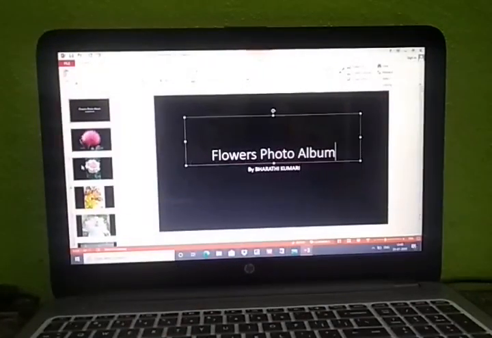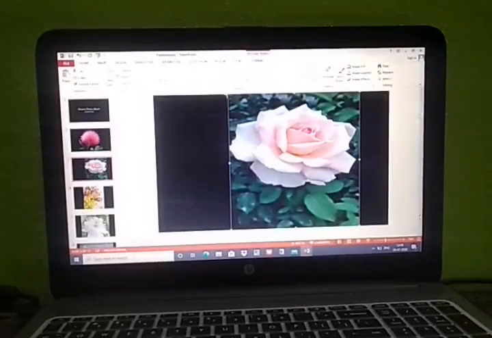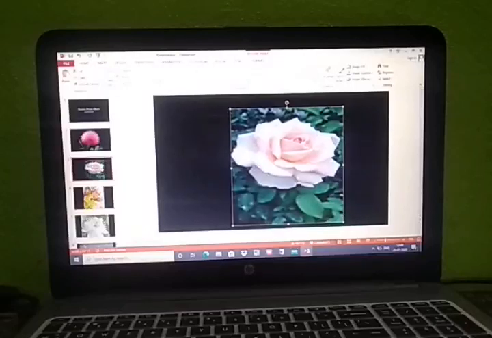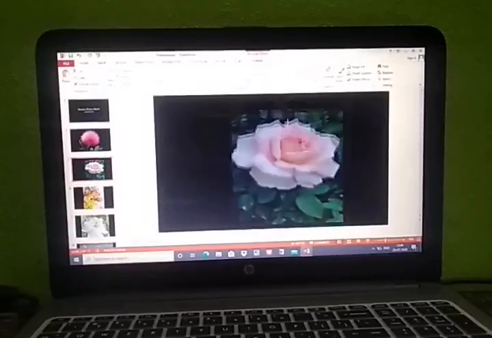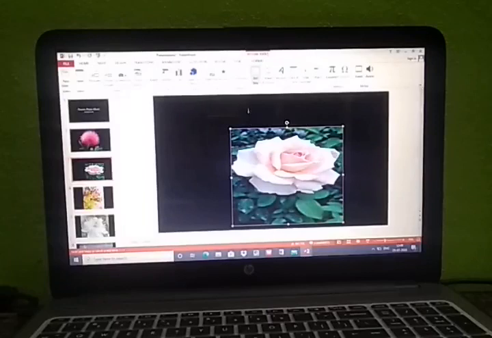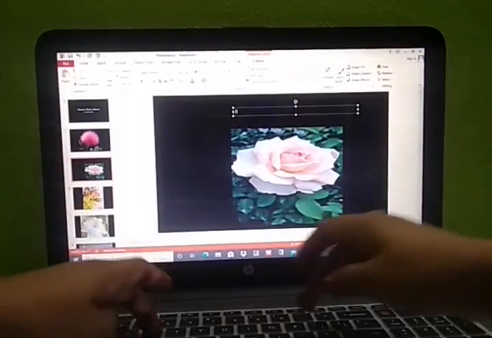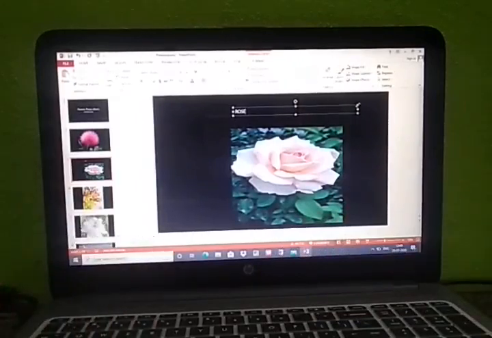See, like this. And these are the pictures inserted here. And you can make changes. You can increase its size or decrease the size, or you can add some text. This is a rose flower now. You can insert one text box here and you can write rose. See, this is the text box here, and you can insert the text box. Here you can increase the size, and you can write rose there. So its name you can write, or whatever you want to describe, that also you can write.